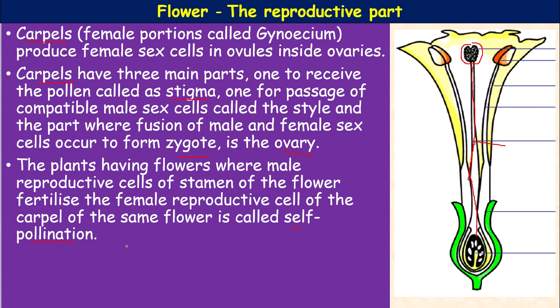Different flowers of the same species is cross pollination. Okay. It often involves various external agencies to carry the pollen grains from one flower to another one. So these agencies may be